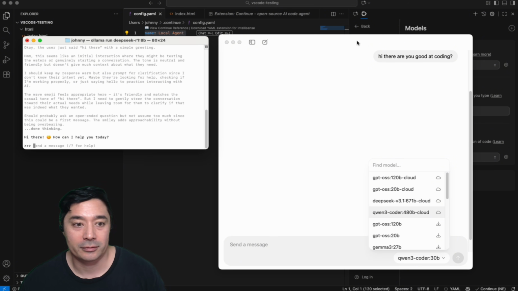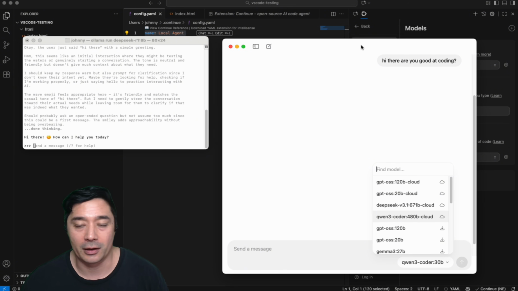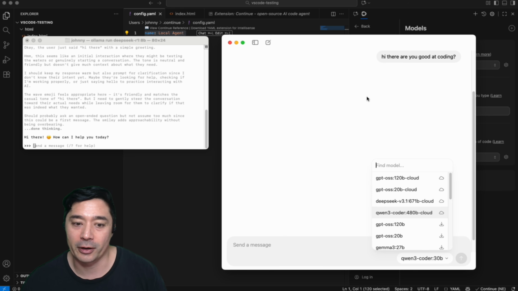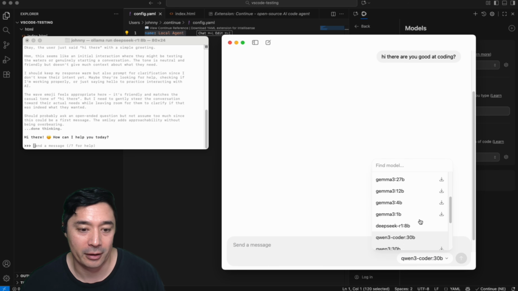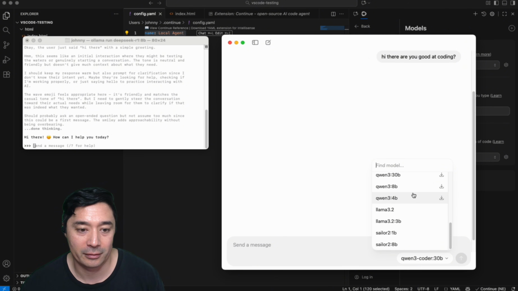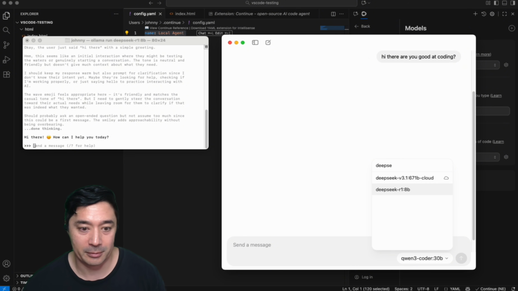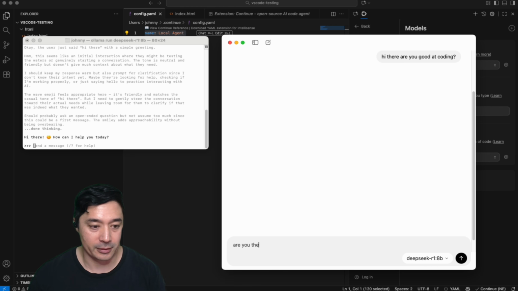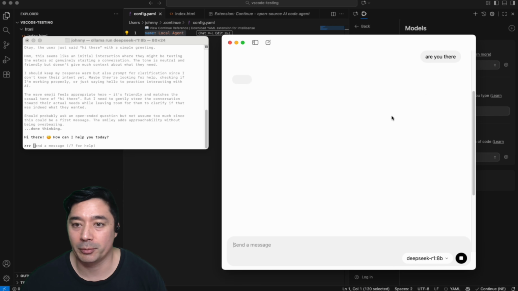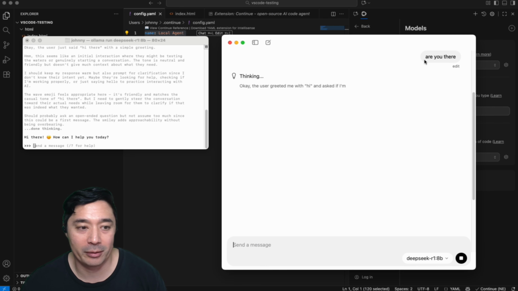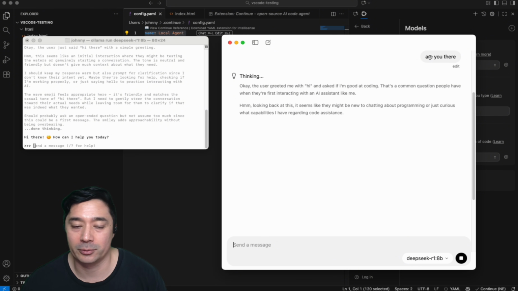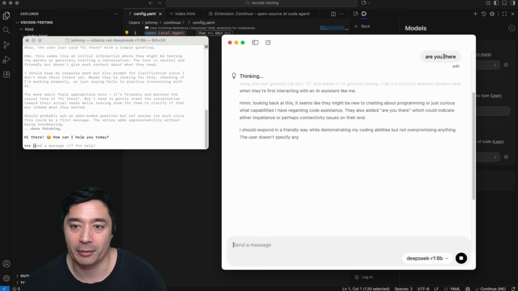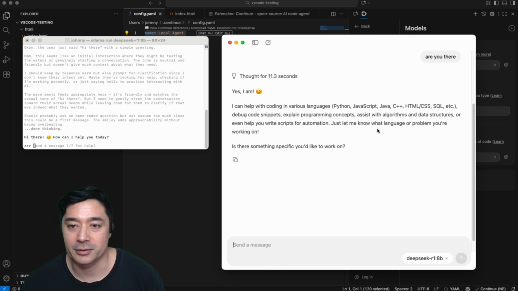Now I can also select it in the Ollama little test front end they have, which is pretty basic. I can go down, select DeepSeek. So let's just find it. DeepSeek R1 8 billion parameter model, and just say, are you there? So yeah, again, on my MacBook M3 Pro, it is taking a little bit of time to load, but it's pretty quick, in a couple of seconds. Okay, so we know that it's working locally, so let's flick back to